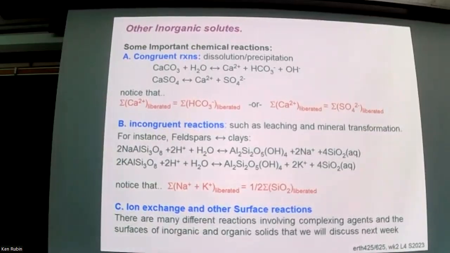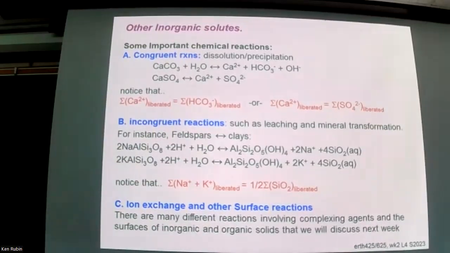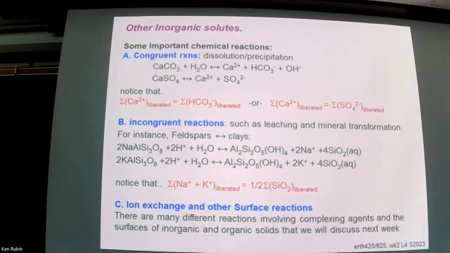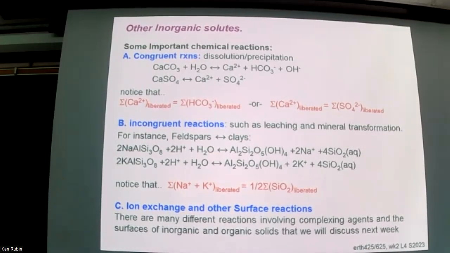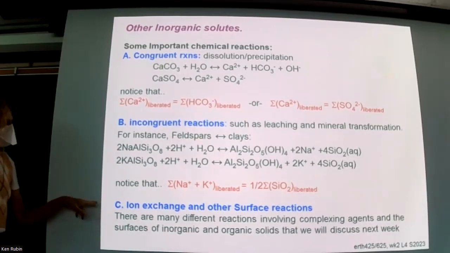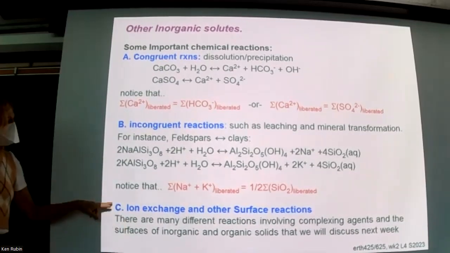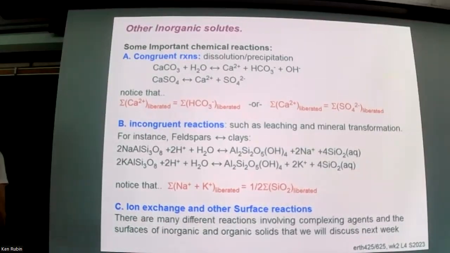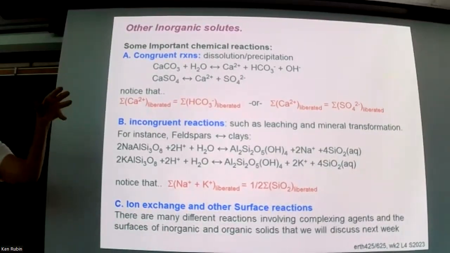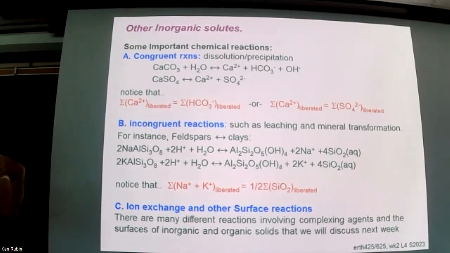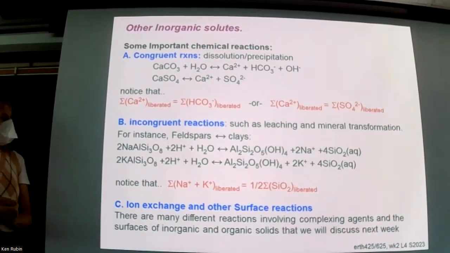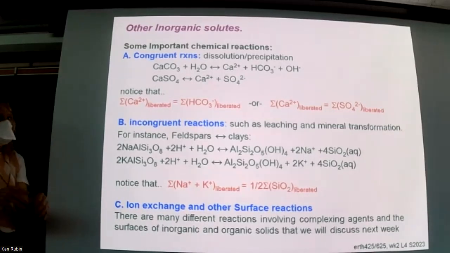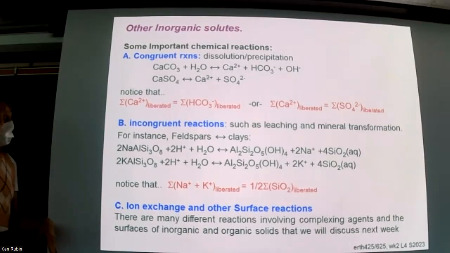So the third category of reactions, which are the most pesky, and they don't affect us so much in rain and in some surface water, but once we get into lakes and into groundwater, is the last thing I mentioned last time, which is ion exchange and other surface chemical reactions. So especially in places where there's a high proportion of surfaces and a low proportion of water. So think about porosity limited groundwater substrate, where we've got little pockets of water and a lot of substrate,